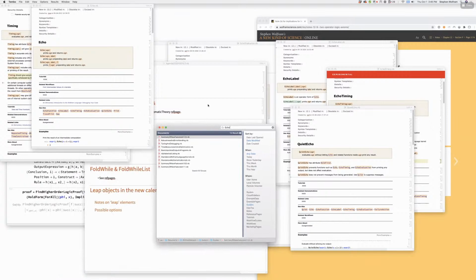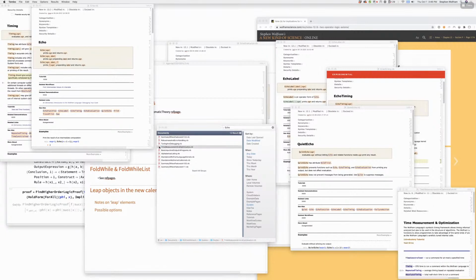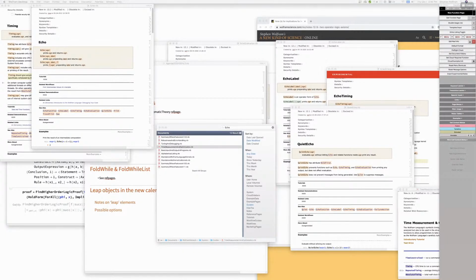Right. Okay. Let's look at guide page stuff here. Debugging. Okay, so we've got time measurement and optimization. We've got tuning and debugging. And we've got basic input and output and programs.